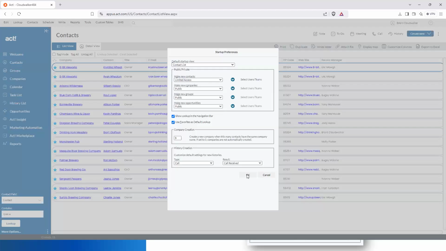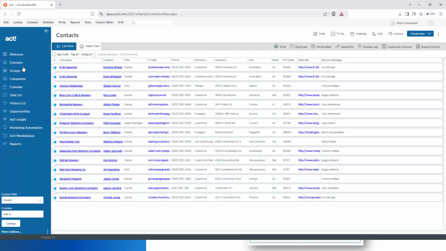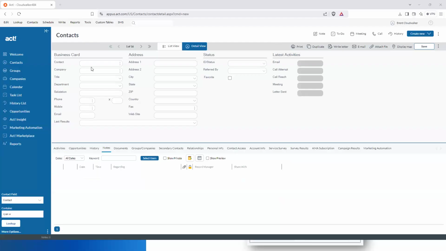All right, so I'm going to click OK and let's test this out. I will create a new contact. And let's name this person Bob McKenzie. And I'm going to put an email address in here too, just because I'm going to test something out in just a little bit. But let's put in his email address, bob@elsinorebrewery.email. And now I'm going to click save.